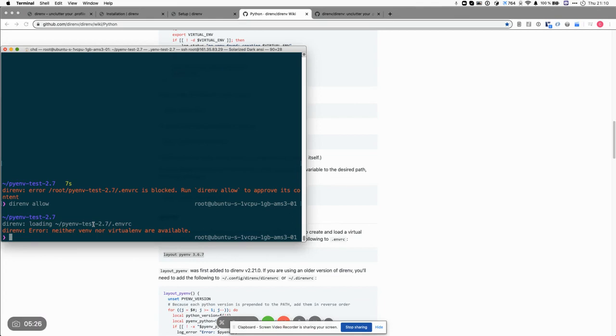Okay, that is the issue right now, that venv was only provided from Python 3.3, so it cannot create an environment unless I install some additional stuff, which I'm not going to do right now, but